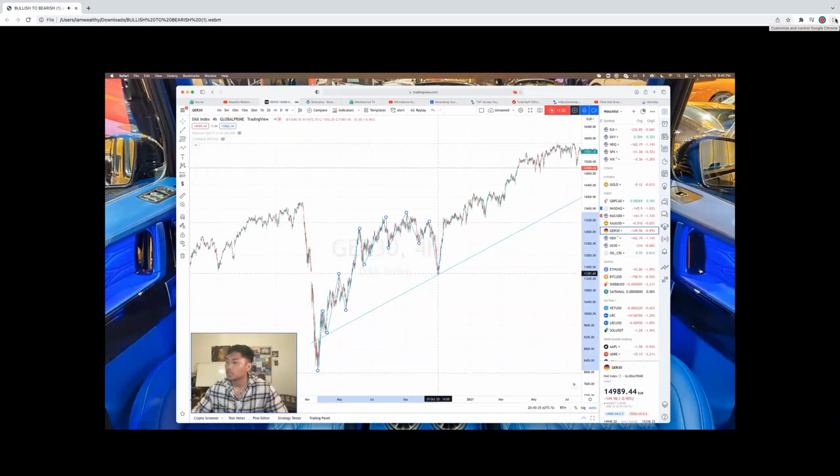But understand that, yes, we broke structure 1, 2, and then of course we tried to get 3, but we couldn't. And then it started to push back up. So understand that sometimes it'll do this, but the overall movement for the 4 hours is still going up. The overall movement for the daily is still going up. And I'm actually going to explain to you guys how to identify this part right here,